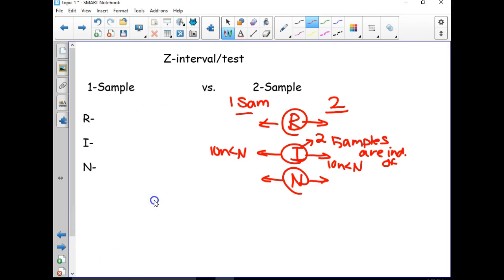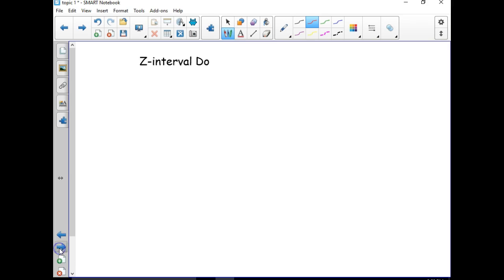Are we good on Z interval and Z test? And again, for that N, just remember ZAP tax, and that's how you remember the NP versus for the T interval. Okay, so the Z interval for the do, just a friendly reminder,